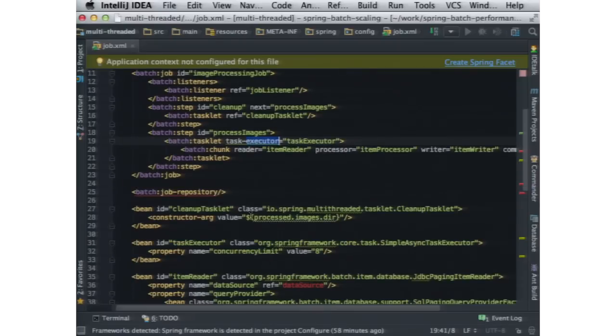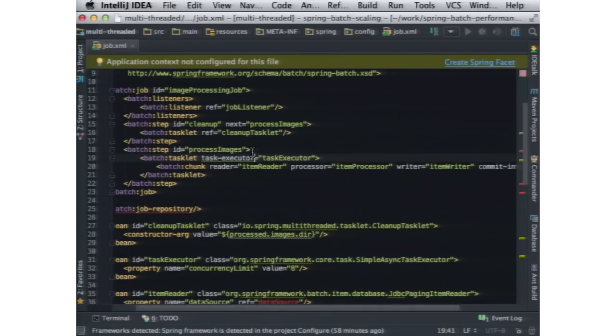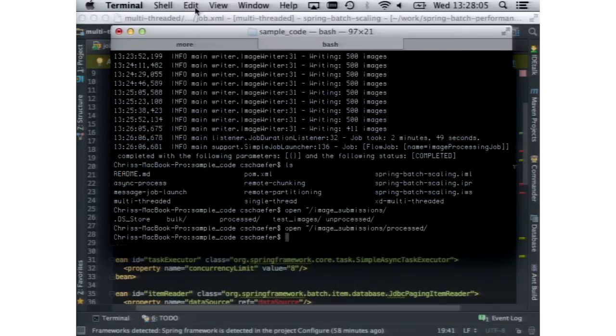And the task executor, we're just using a simple async task executor for this demo, just saying a concurrency limit of 8. Basically what that's going to do is read in chunks, and there's no guaranteed ordering or anything like that. It reads in a chunk of data and gives it off to a thread to do its processing, and then another chunk, and just keeps on spawning them out that way, right? So when we use that guy,